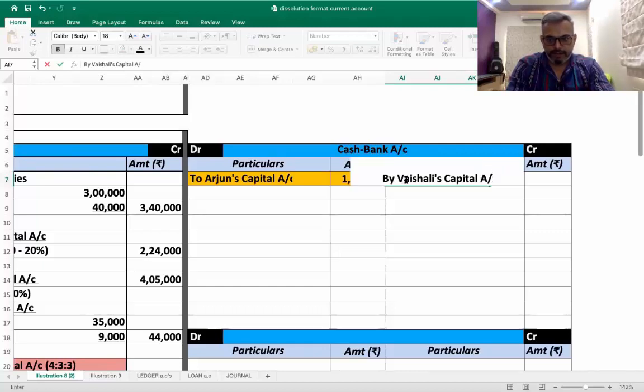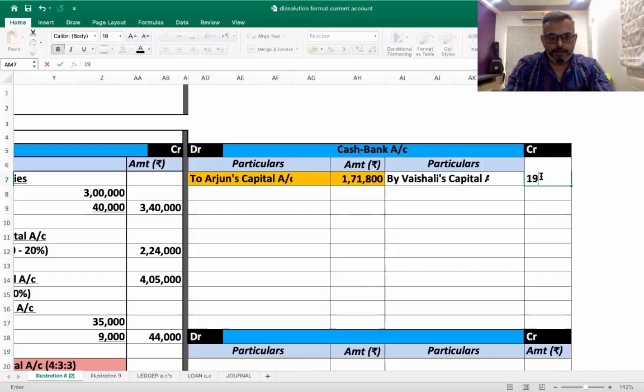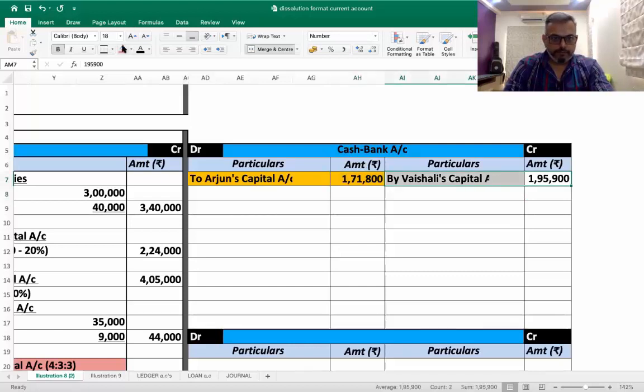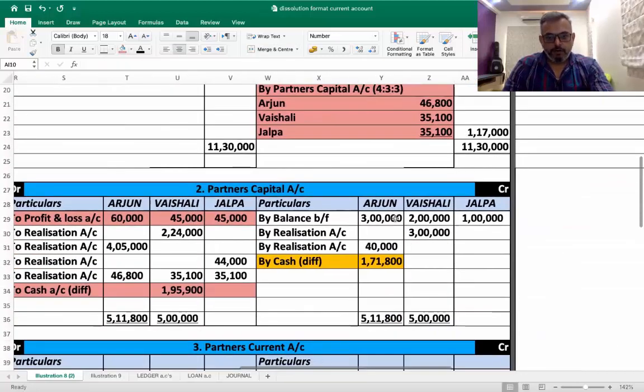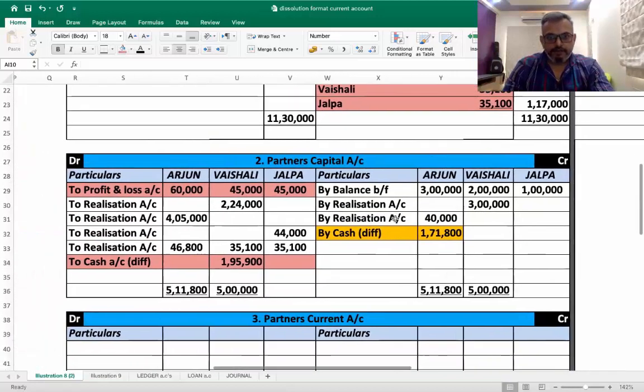You can see that she has to withdraw the amount of 195,900. Next, what it means here, Vaishali is withdrawing money. Let's check out